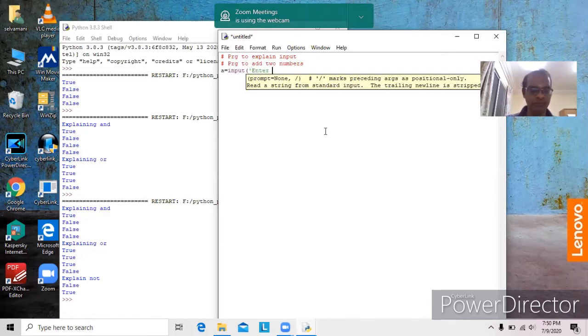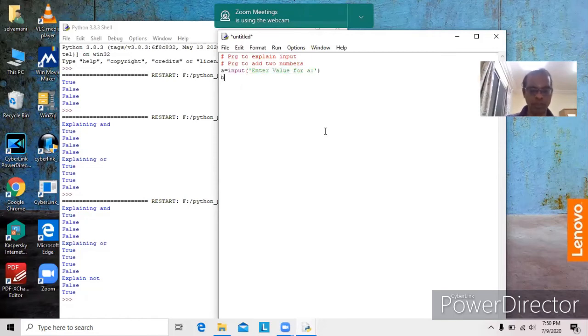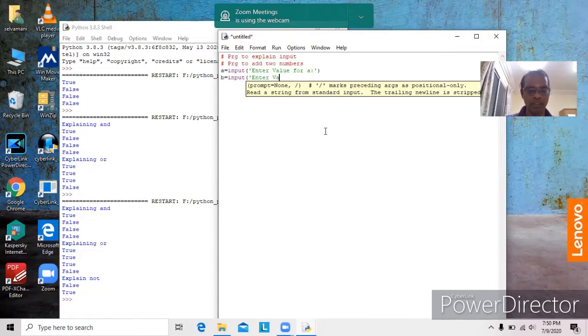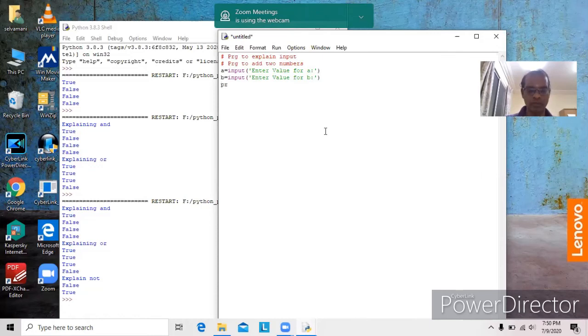Enter value for A. B equal to input, enter value for B. Print A equal to, comma A, B equal to, comma B. So I just display input, enter value for A, enter value for B. For example, here I am getting 10, here I am getting 20. A equal to 10, B equal to 20. If the program runs, no problem.